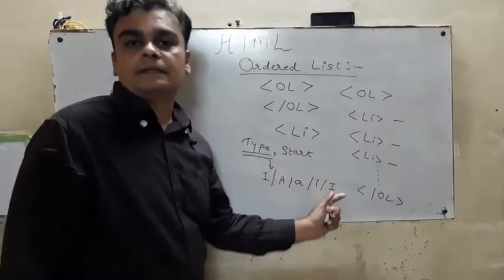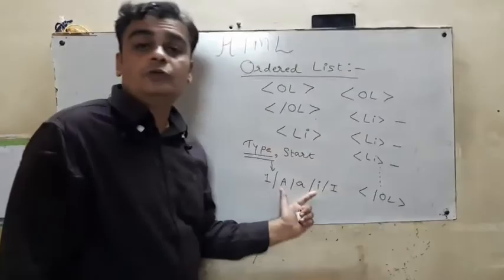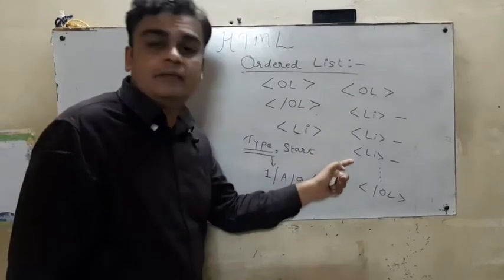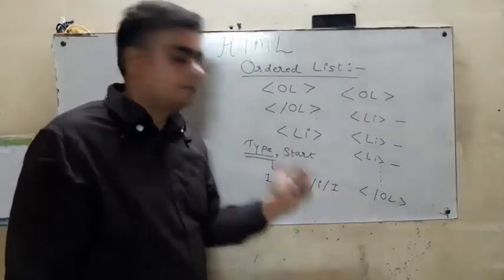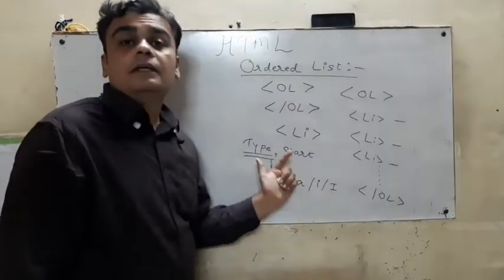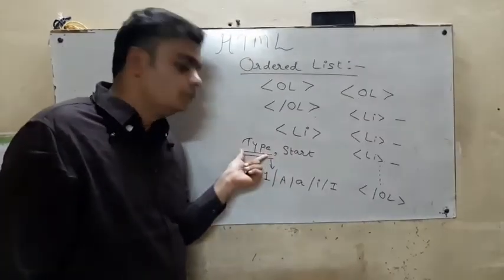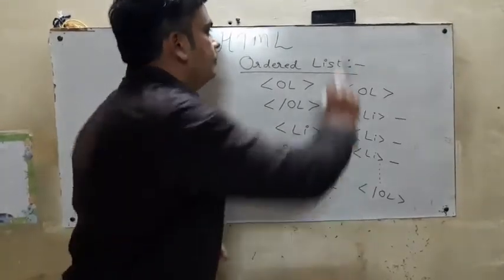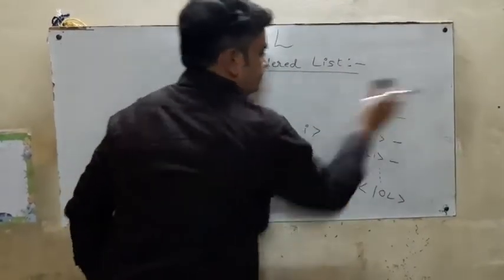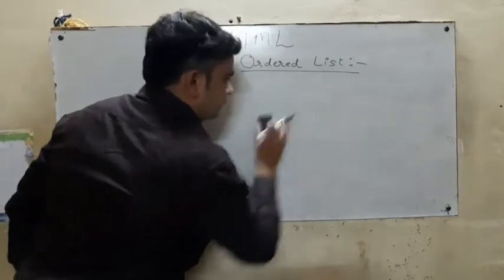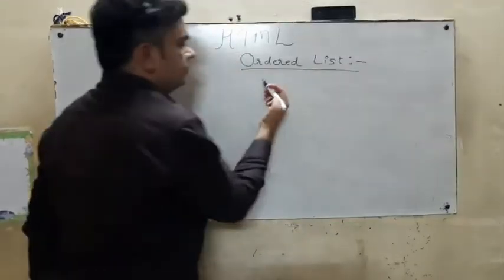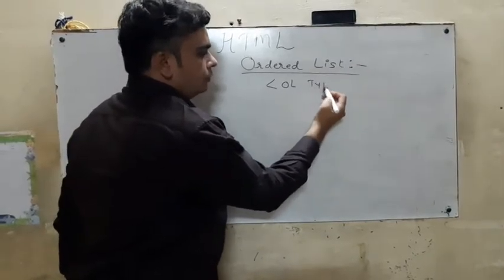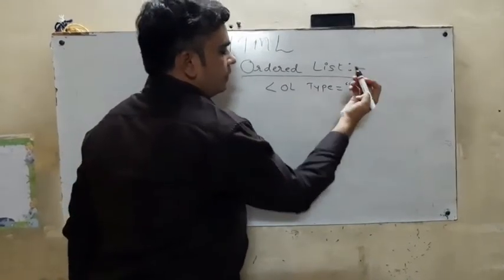So these kinds of list sequences are represented by these 5 different formats. If I do not use the type attribute in my program, then it will display all the list elements in 1 2 3 4 format. But if we wish to display in a different format, we always use this type attribute. I will show you how to use this type attribute. Here I am going to take one example, so that the example will make it clearer to you, and show how to use it in our program.